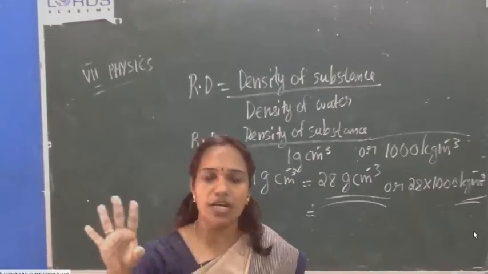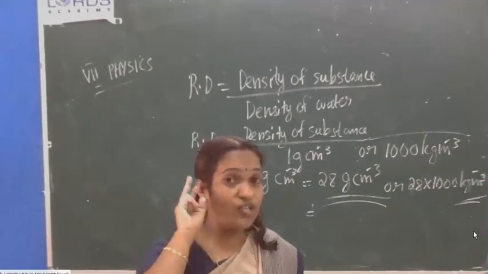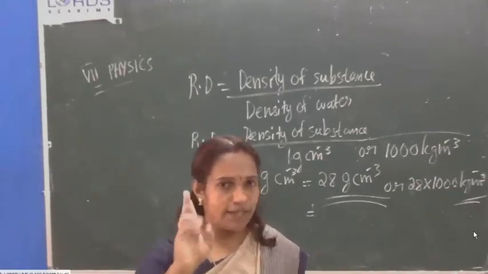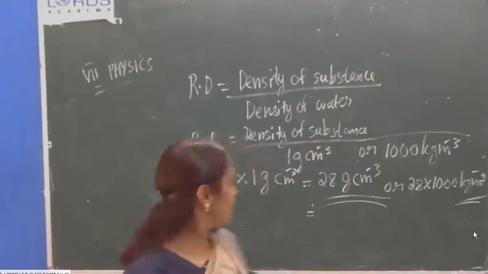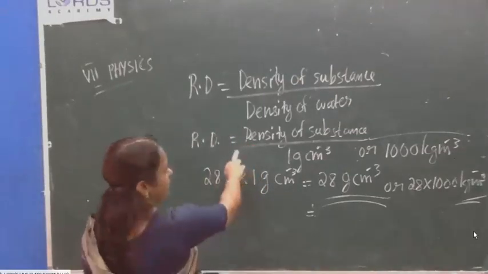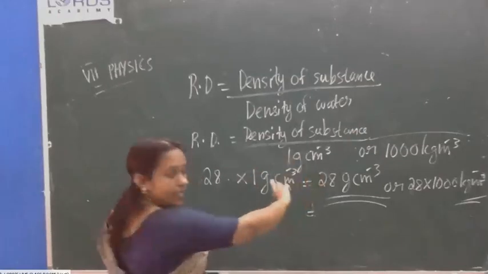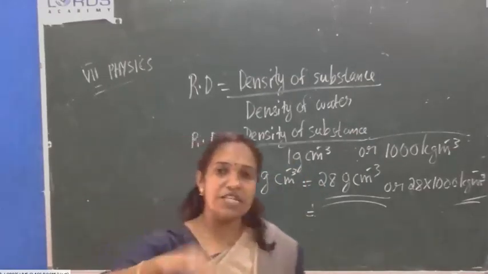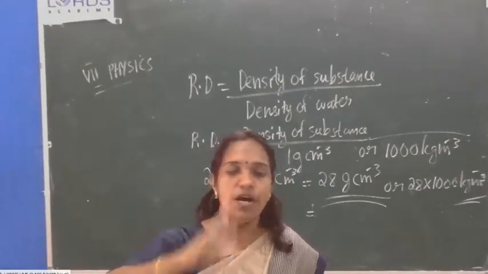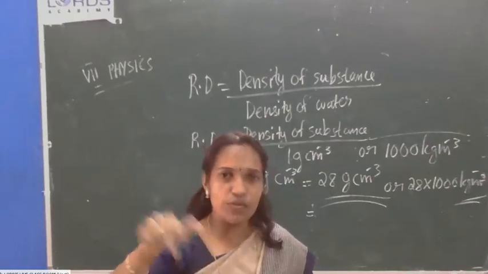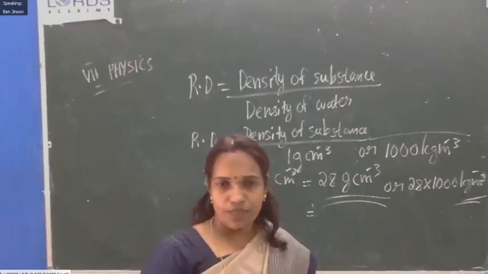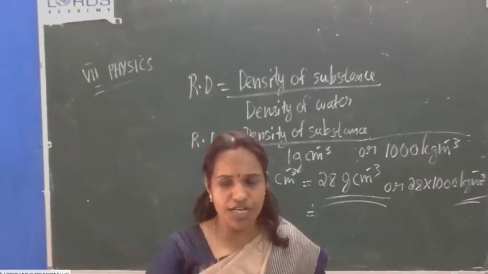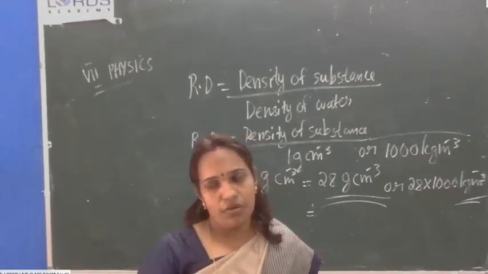Only what you have to study is relative density, 2 equations. Important. Then relative density has no unit. Okay. Relative density is the density of the substance in gram per centimeter cube, and relative density into 1000 is the density of the substance in kilogram per meter cube. Okay, if you have any confusion or any doubt, ask it.